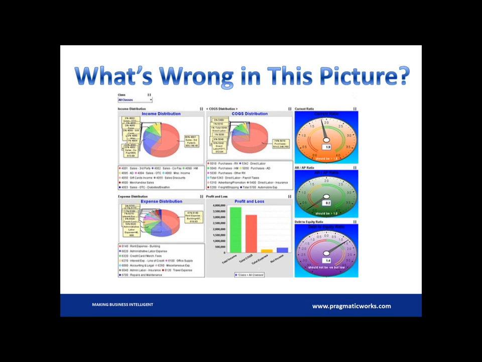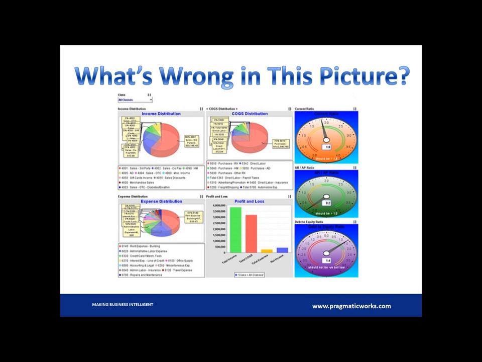Now, we discussed some of the tips for performance improvement at the query level. Let's talk about some of the report design mistakes. In this example, we're looking at a dashboard that's making use of pie charts and gauges. Now, the problem is the pie charts are going to be harder to understand. They're really not something that's going to be commonly used as best practice when you're trying to represent a lot